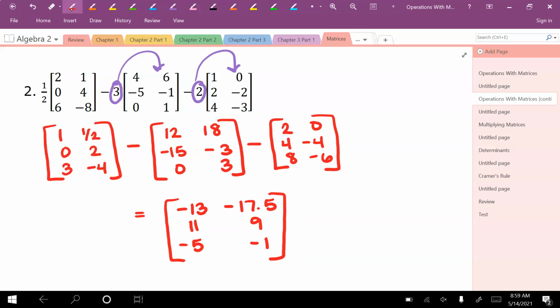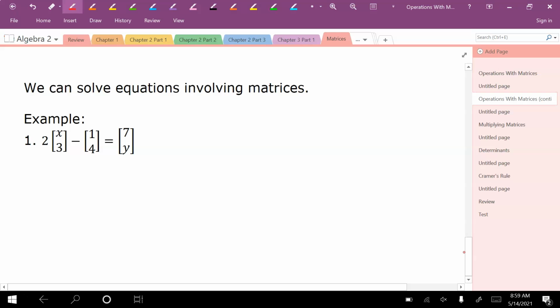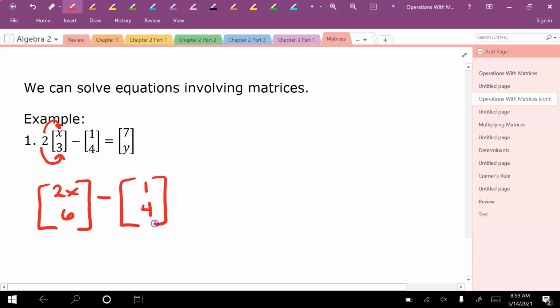There's one more here that I've got on this page. We're going back to having something with letters here, and we're trying to solve for the values of the variables. And this is similar to what we saw on the previous page, but it's a little bit different because I'm not just setting the quantities equal to each other from one matrix to the other matrix. I'm going to still have to distribute this 2 on that first matrix. So now it's going to say 2x and 6. And then we still have minus 1, 4 equals